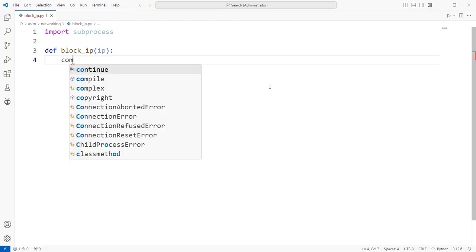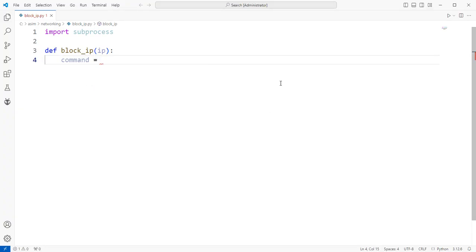Then we are going to have a command. So this command, we are going to use